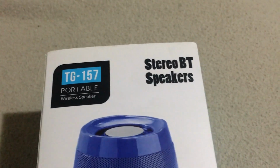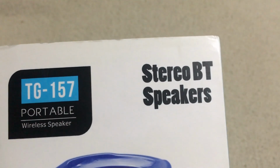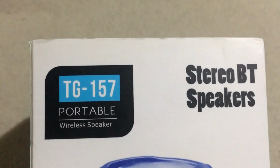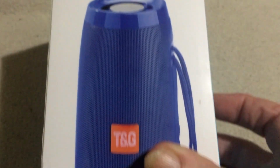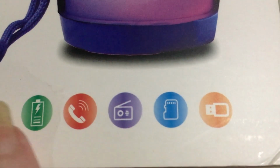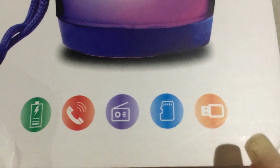I just bought this stereo BT speaker, and this particular model is the TG157, which I'm going to be unboxing and showing you how it works. So this particular one is compatible with your mobile phone, SD cards,